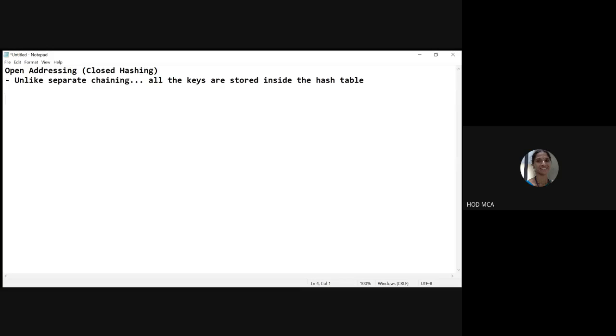So what are the techniques which are used for open addressing? Let us see them. The first technique is called linear probing. The second technique is quadratic probing. The third technique is double hashing.